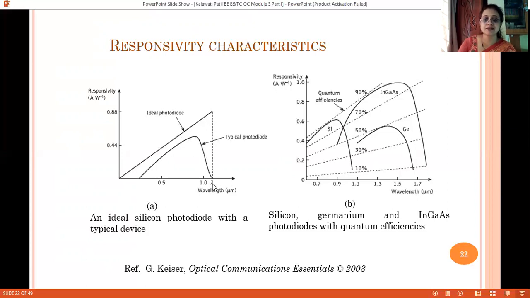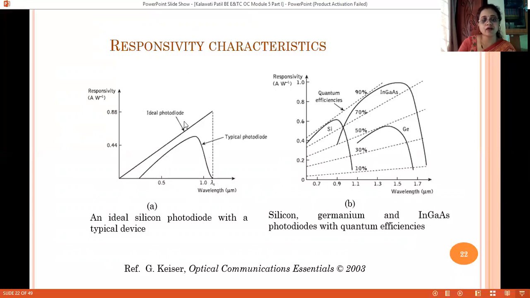This frequency, students, is nothing but the cutoff frequency which we studied earlier. This cutoff frequency, we remember, defines the absorbance for that particular material, because after this particular energy no more photons will be absorbed in that material, and hence no photocurrent will be generated, and hence the responsivity goes to zero.